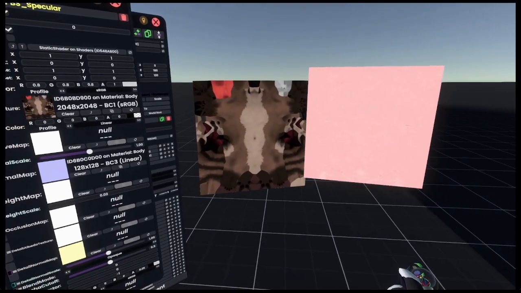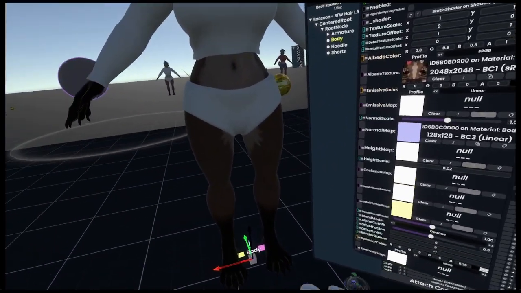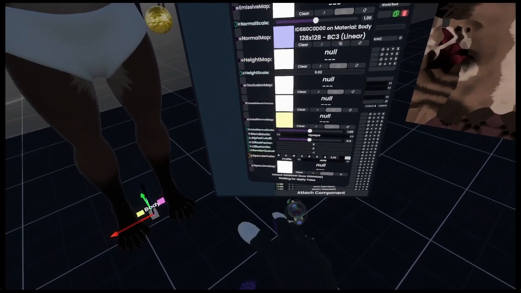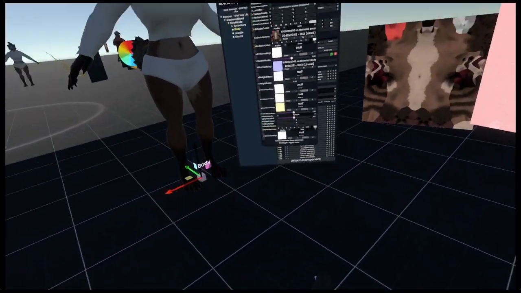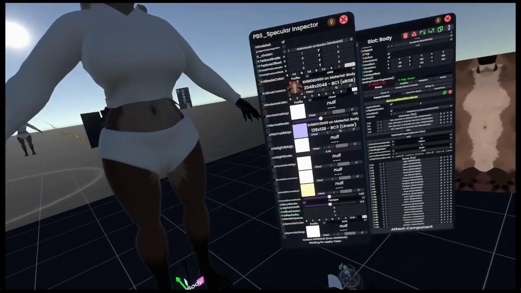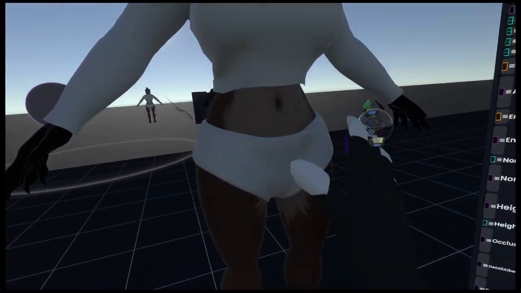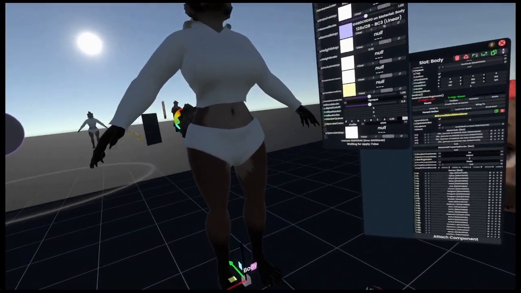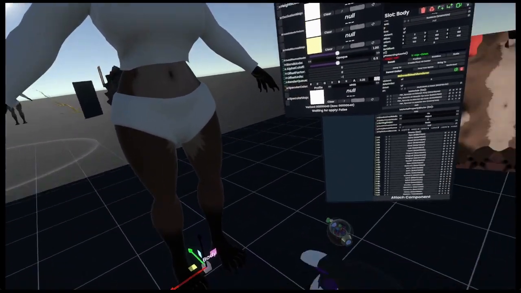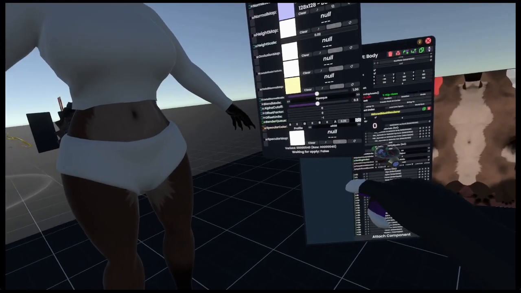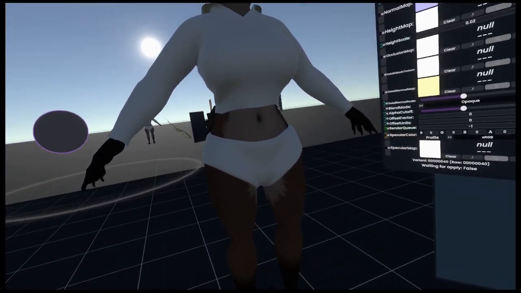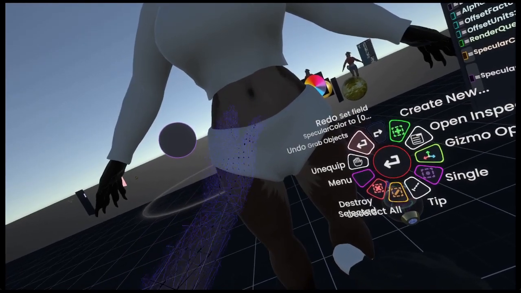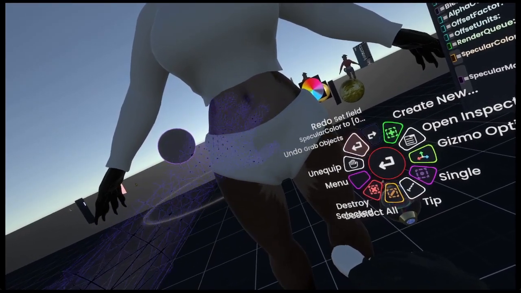This will also automatically change it over to use the correct encoding for normal maps. And down here we have the specular color. Now, the reason why I prefer specular materials usually for things like bodies like this is because specular is a little bit more lenient on the realistic side of things. So we can actually set the specular color to 000, which will get rid of this kind of a white sheen that you normally have around metallic objects,